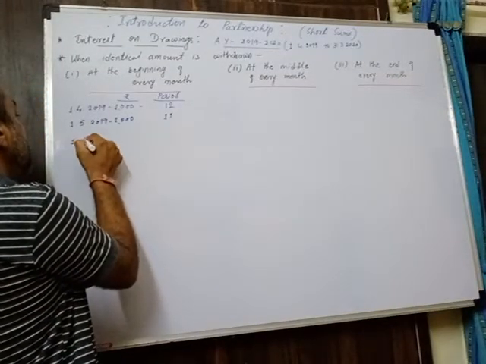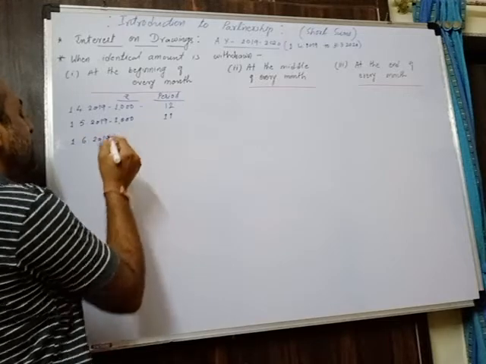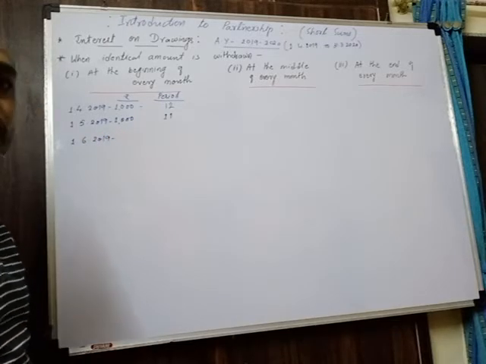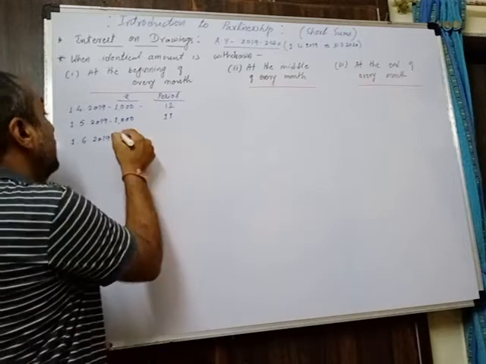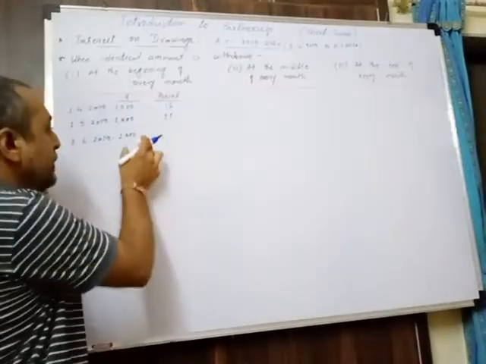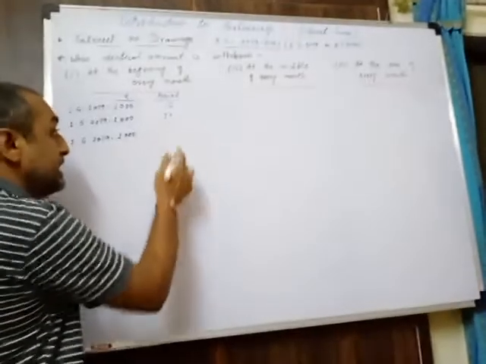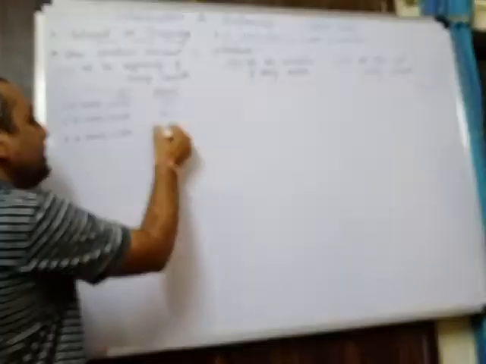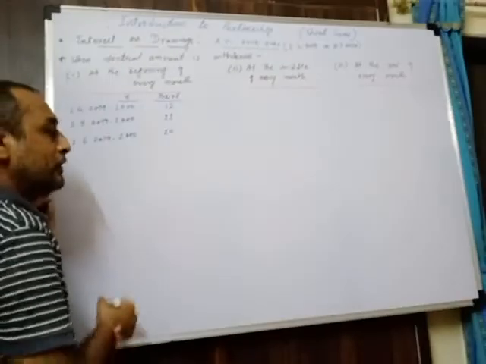Similarly, the third drawing will be made by the partner on 1st June, and this drawing also has the same value. Every time he is withdrawing an identical amount, so the amount will be the same, only the period will change. So from 1/6 to 31/3, for 10 months we have to calculate interest.